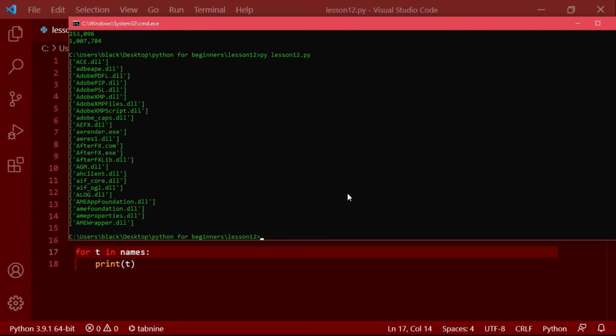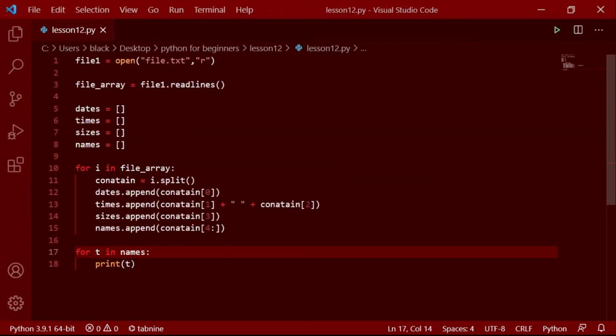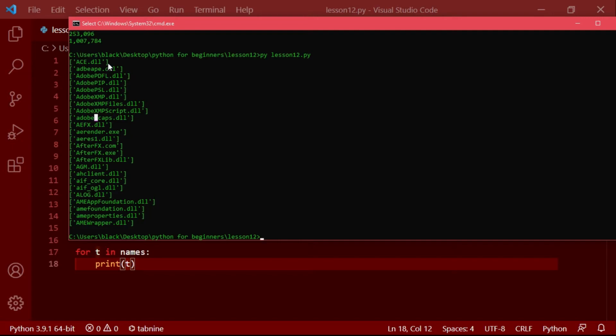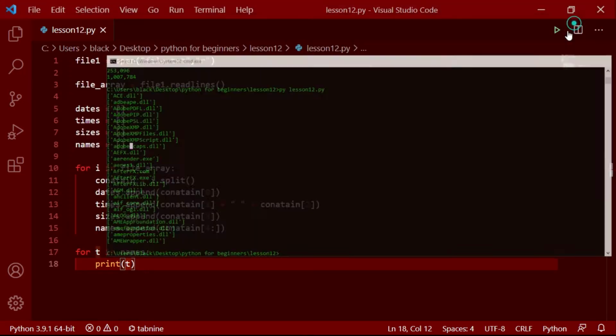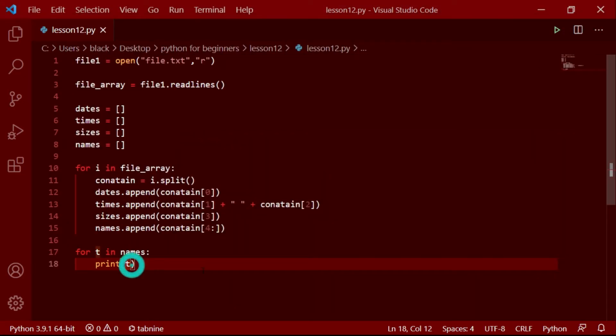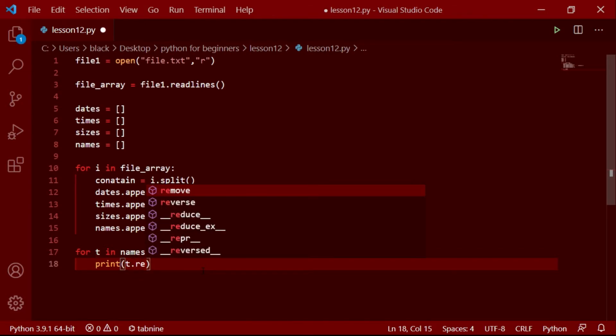it's a bit different. It's inside these square brackets and all the spaces are replaced with underscore. We can change it by this. Now the t is one specific line. One specific line means one specific name, and in these names we don't need these square brackets and these quotation marks and these underscores. So we are using this replace function to replace.